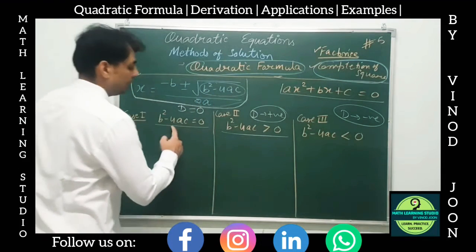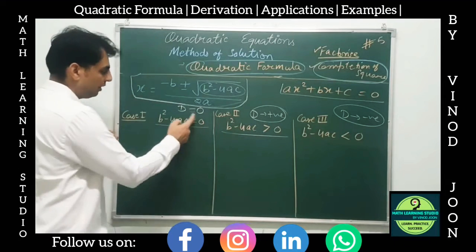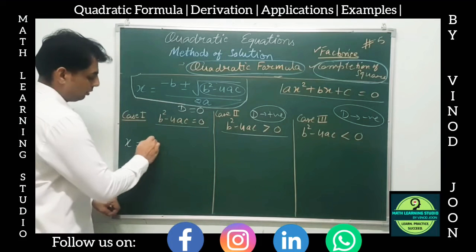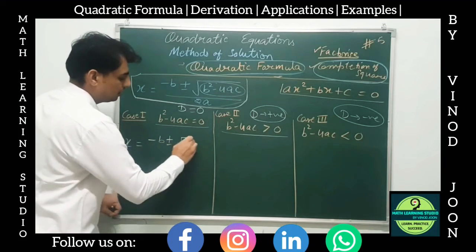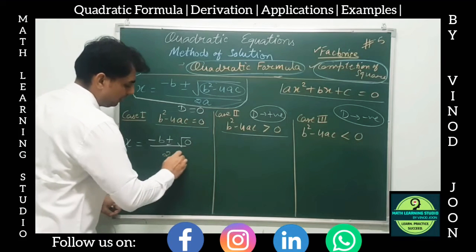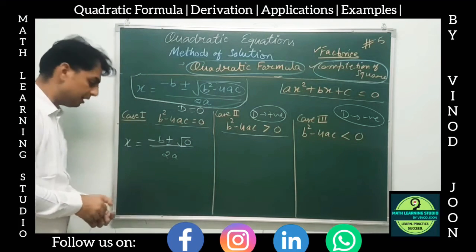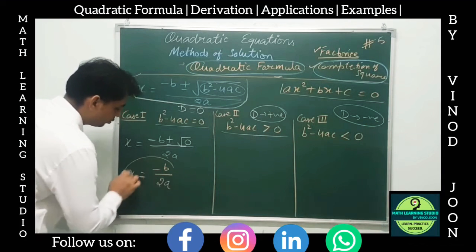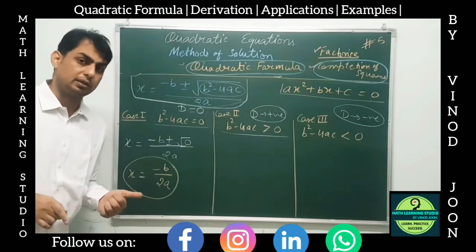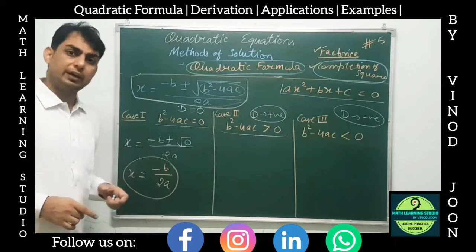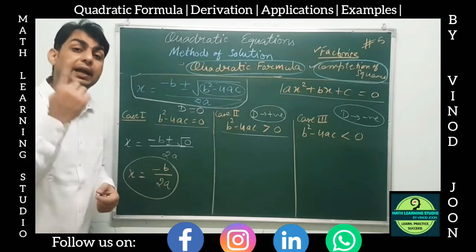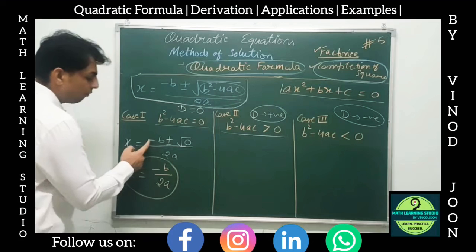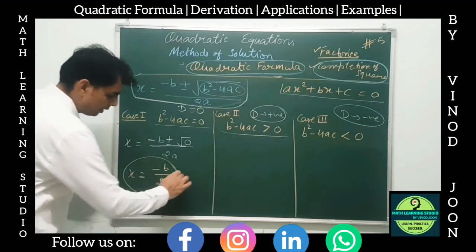First, it may be equal to 0, right? So if this is equal to 0, then this formula becomes what? Then x is equal to minus b plus minus under the root 0 divided by 2a, and square root of 0 is what? 0 itself. So directly हमारे पास x की वैल्यू क्या आ गई? minus b by 2a. Just one value we will get here, right? Means there will be two values of x, but both the values will be same because actually we will be getting only one value. तो यहाँ पर plus minus का कोई मतलब नहीं रहा. We will get only minus b by 2a. That's it. This is one value.